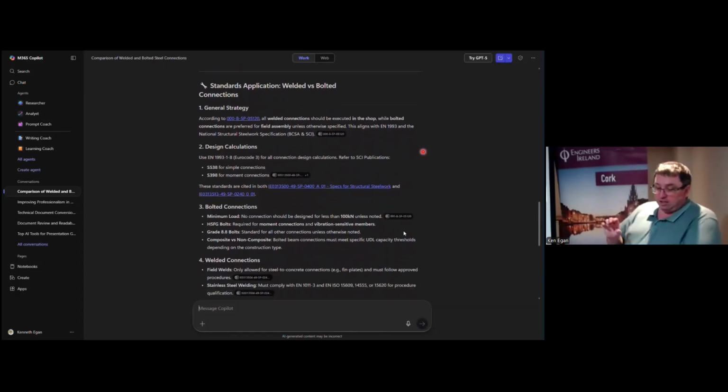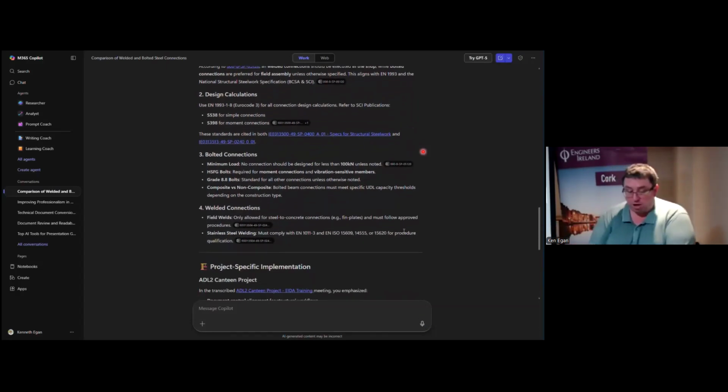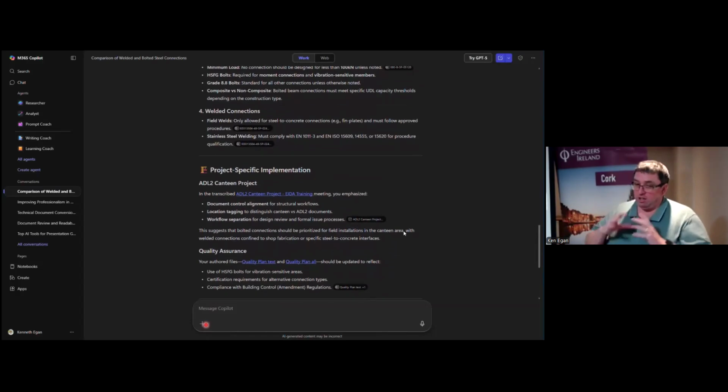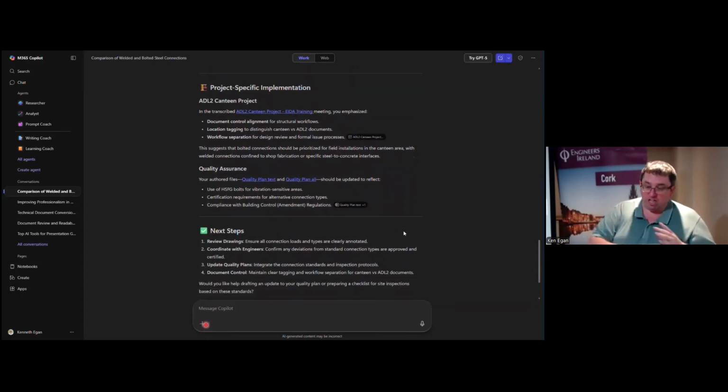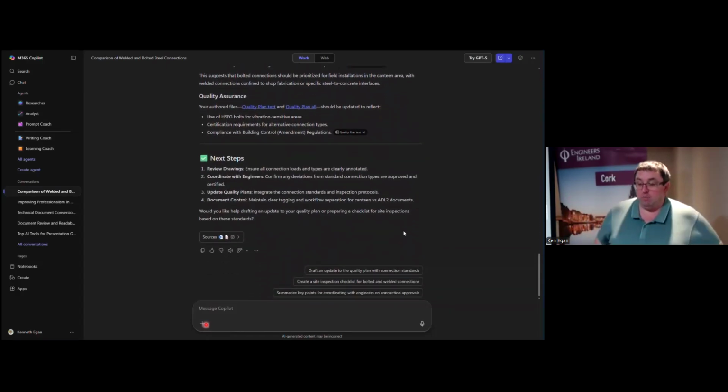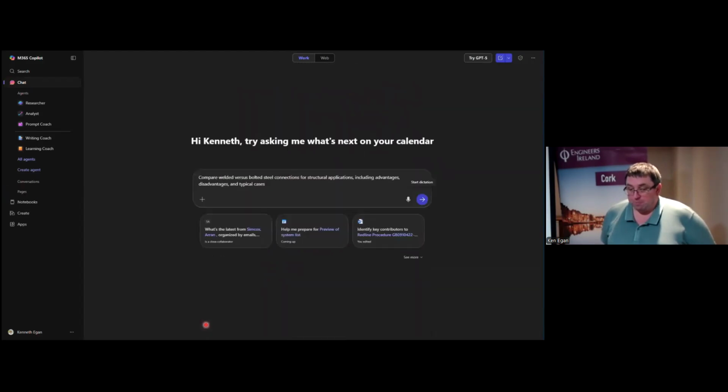You can direct it where you see the plus sign at the bottom here. You can add a folder of information that it can look at as well, and it can pull that down into its answer, and it gives you, as you can see, the next steps involved within it.